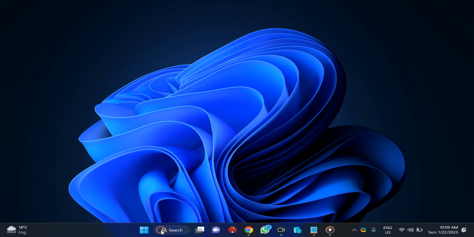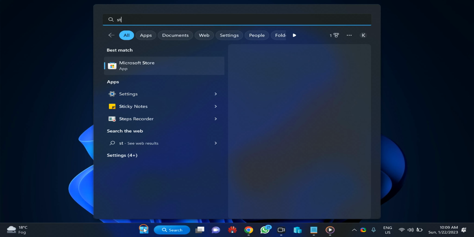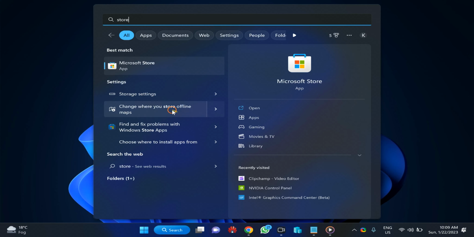Then open the Microsoft Store app on your PC.